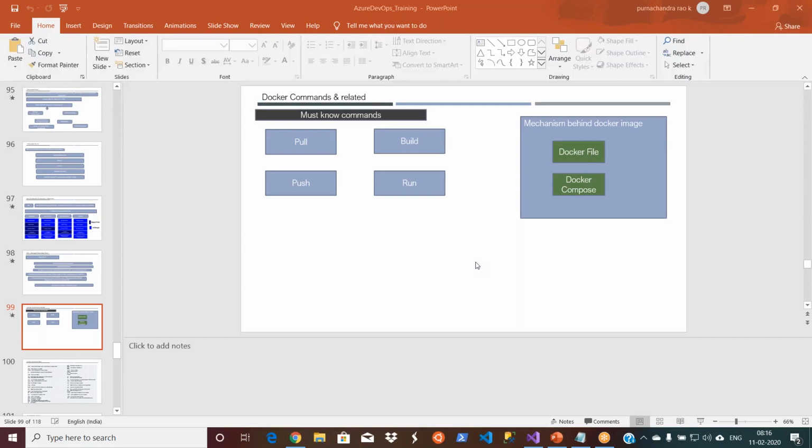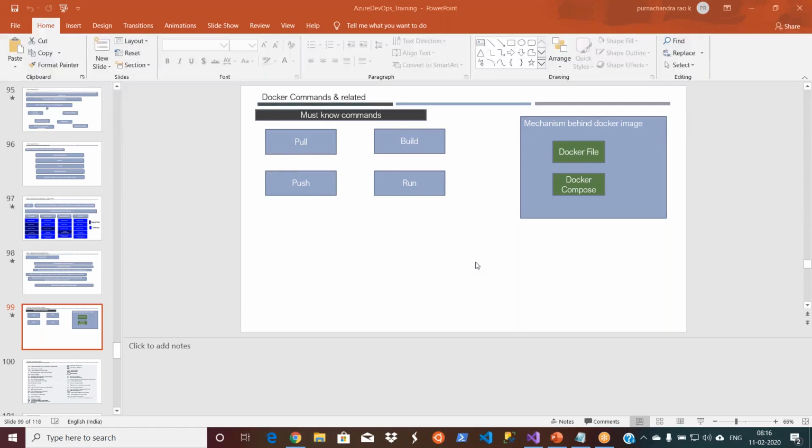A Docker node is nothing but where Docker is installed, on your virtual machine, or it can be a physical machine. So now, to run your application in the Docker environment, we have to create an image based on our source code, and push that image to your container registry. After that, you have to deploy that image, which is in your container registry, to some nodes which are managed by Kubernetes.